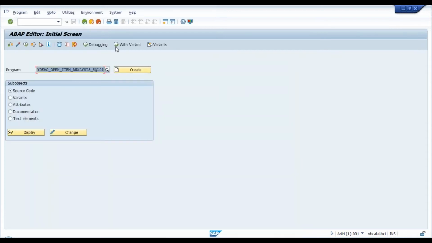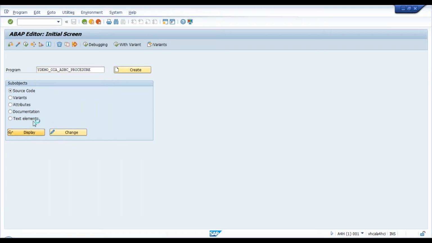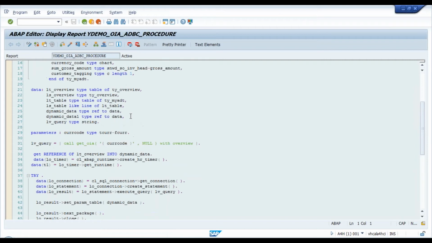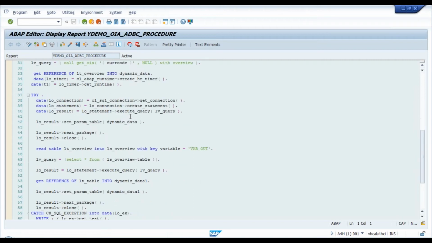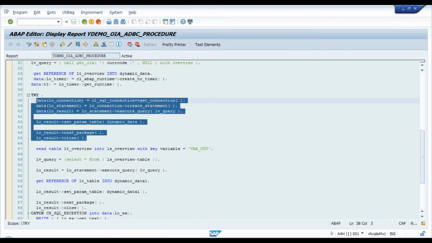The disadvantage of this approach, what we have done so far, calling a procedure using ADBC. What is the disadvantage? Can anybody guess? What did you observe? What did you feel could be a disadvantage of using this approach? The first disadvantage, not probably memory. The disadvantage is it's complex. See, how complex is this code? It's complex, so many steps you have to follow to do this, right?